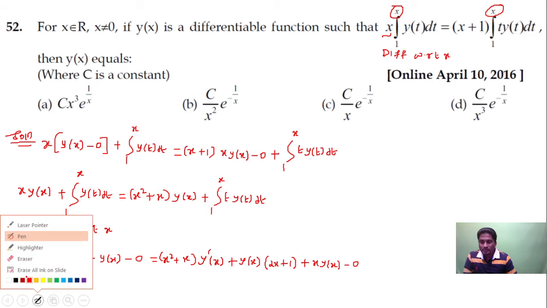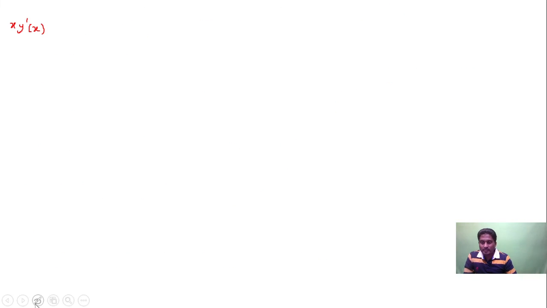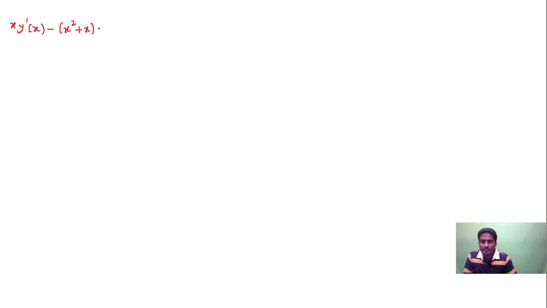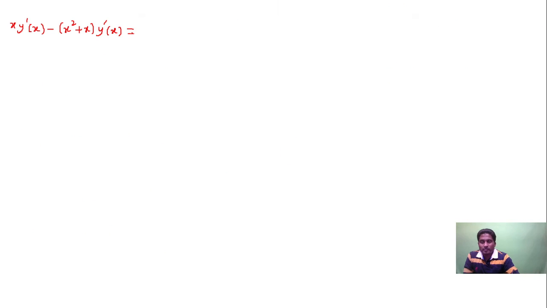Let me mark the y dash of x. So this is y dash, and this is also y dash. I shift it to the left side. This is minus x square, so we get minus of x square plus x into y dash of x is equal to, on the right side, you get y of x